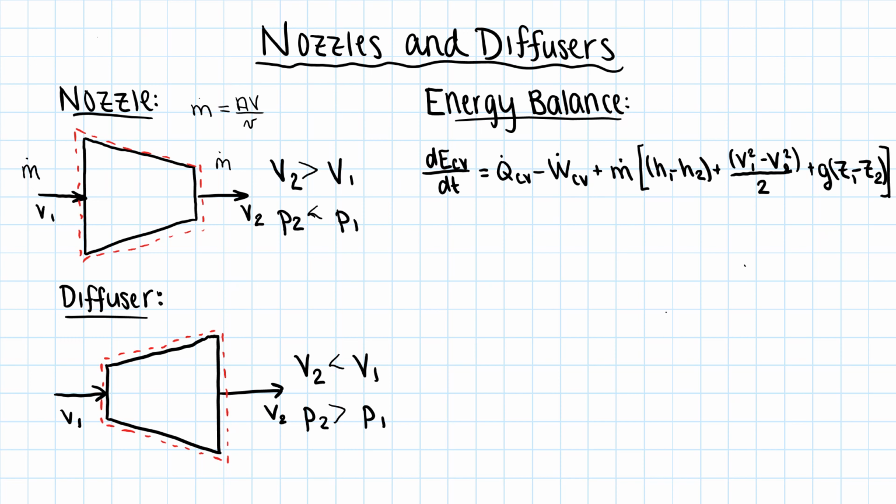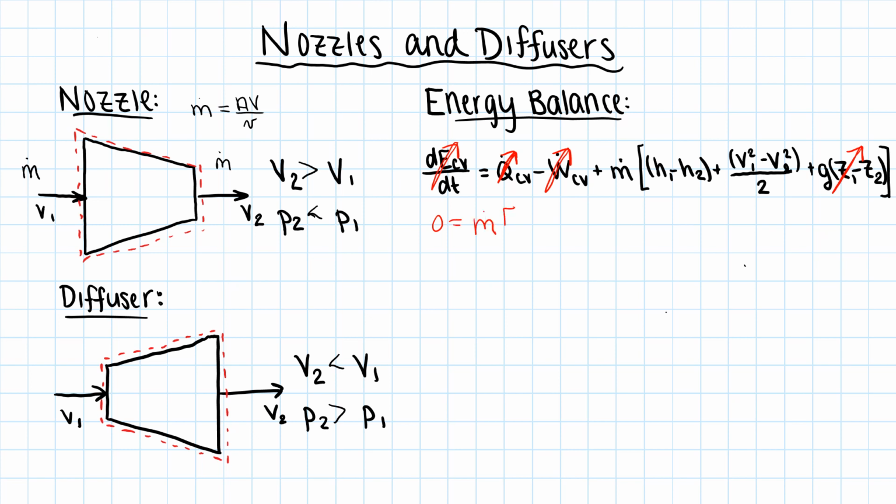So assuming steady state, your dE/dt is going to equal 0. There is no heat transfer occurring in this system, so your Q control volume is going to be 0. There's no work being done by or done to this system, so the work cancels out as well. The kinetic energy term will need to stay in because there is a change in velocity, but the potential energy term can go away because there is no significant change in elevation between state 1 and state 2 of this component. And so what that leaves us with in this energy balance is that 0 is going to equal